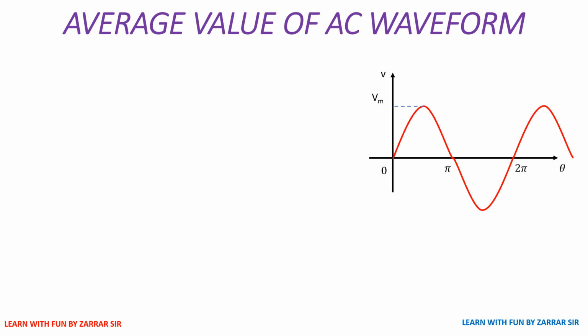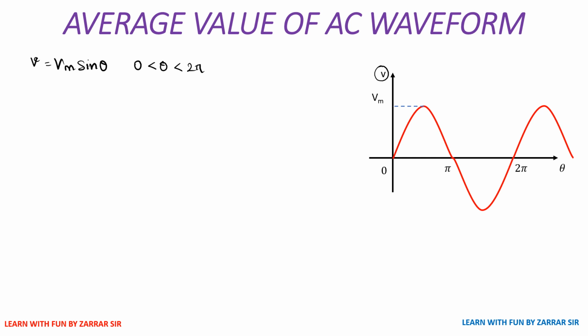Now we have one AC waveform and let's start with the first part of it. The first part is to understand this waveform. So the AC voltage over here has maximum peak voltage Vm and it is in a sinusoidal form. So I'll write Vm sine theta, and the range is from 0 to pi. Theta is ranging from 0 to 2 pi, and after 2 pi the waveform is repeated. So we got the first v value, which is a small v value, AC value, Vm sine theta.